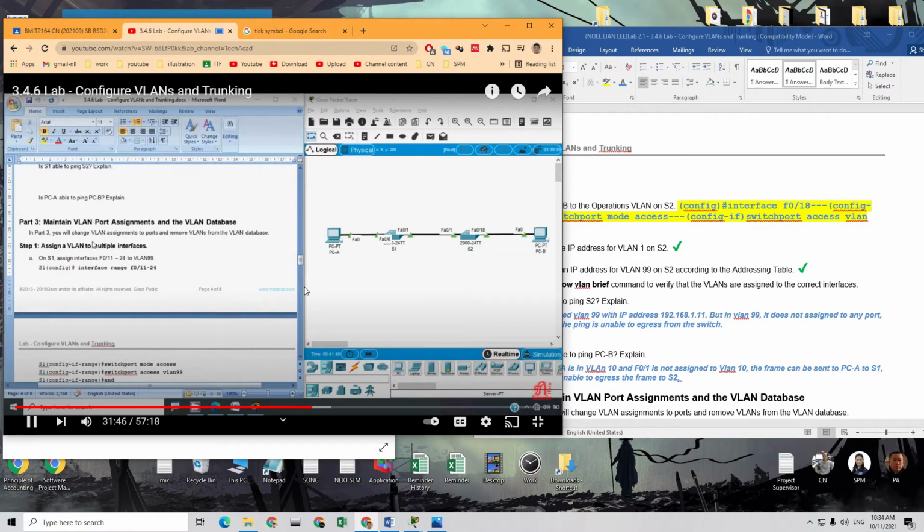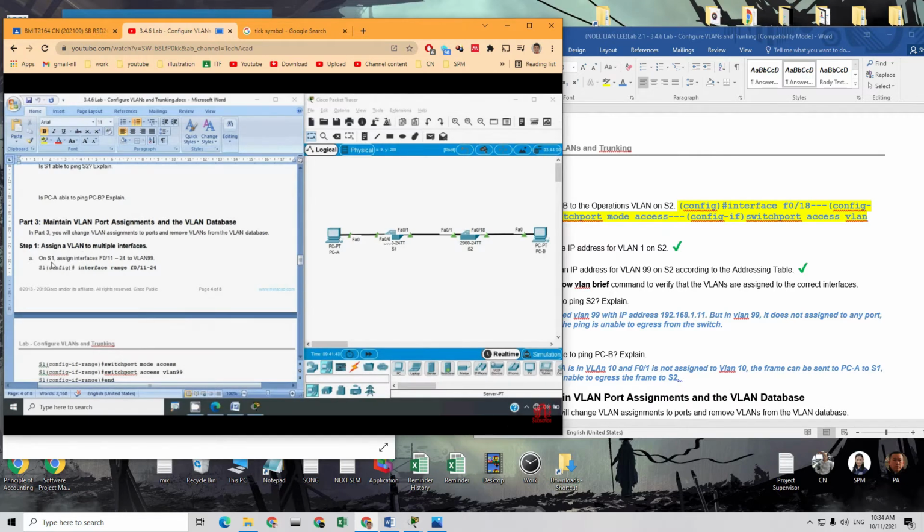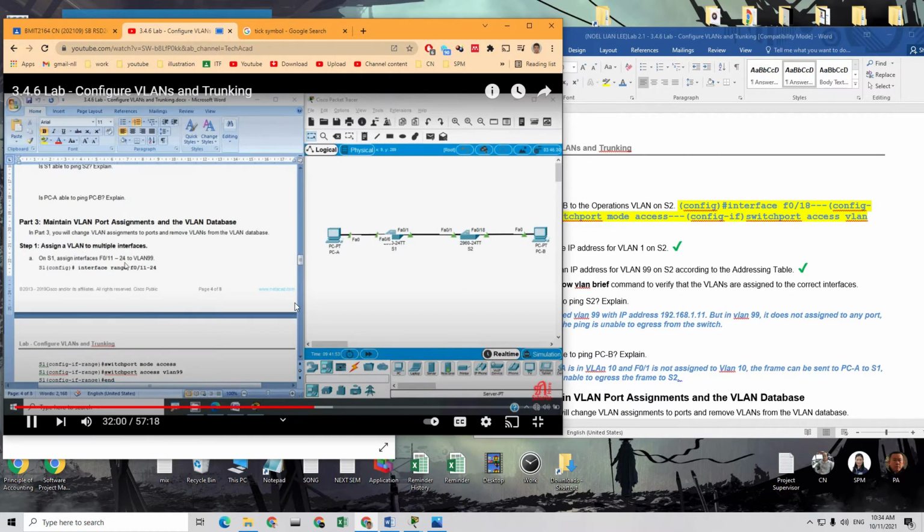Now in part 3, maintain VLAN port assignments and the VLAN database. In part 3, we will change VLAN assignments to ports and remove VLANs from the VLAN database. So in step 1, assign a VLAN to multiple interfaces. On S1, assign interfaces from FastEthernet 0/11 till 24 to VLAN 99, and